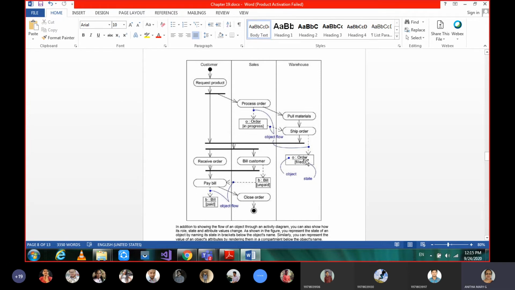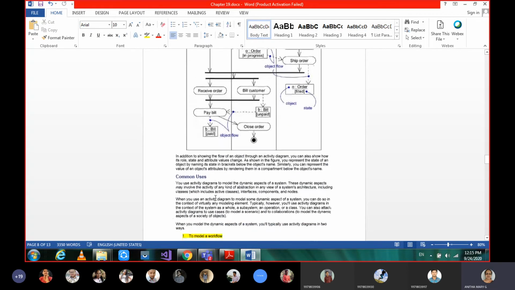And then once this activity is done, it comes to billing. So billing is unpaid when it is prepared by the salesperson, but when it comes to the customer, the status of that billing will be paid. So the activity flow you have learned, when it has to be automated, logically where all you need the objects and each object's status we are talking about, that is what we are calling the object flow here. So that is about the object flow in the activity diagrams.